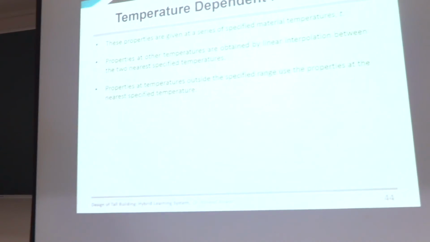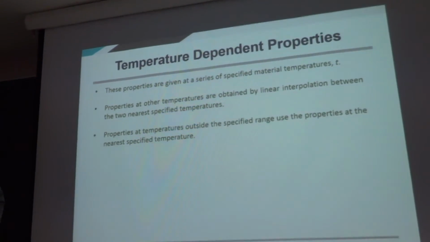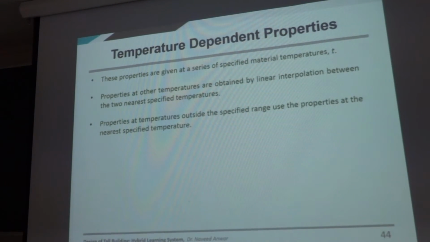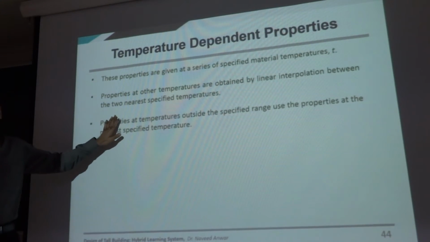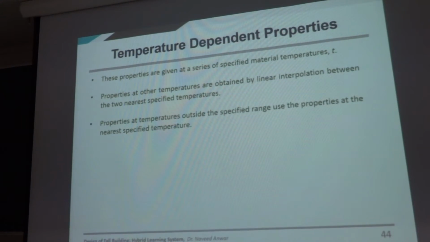I mentioned last time also temperature dependent properties. Most of the properties of material are dependent on temperature. Actually, they are also dependent on strain. They are also dependent on many things. They are non-linear. We have talked about that with stress and curve and everything. But now this becomes quite important, especially when you model the materials orthotropic or anisotropic, then the temperature